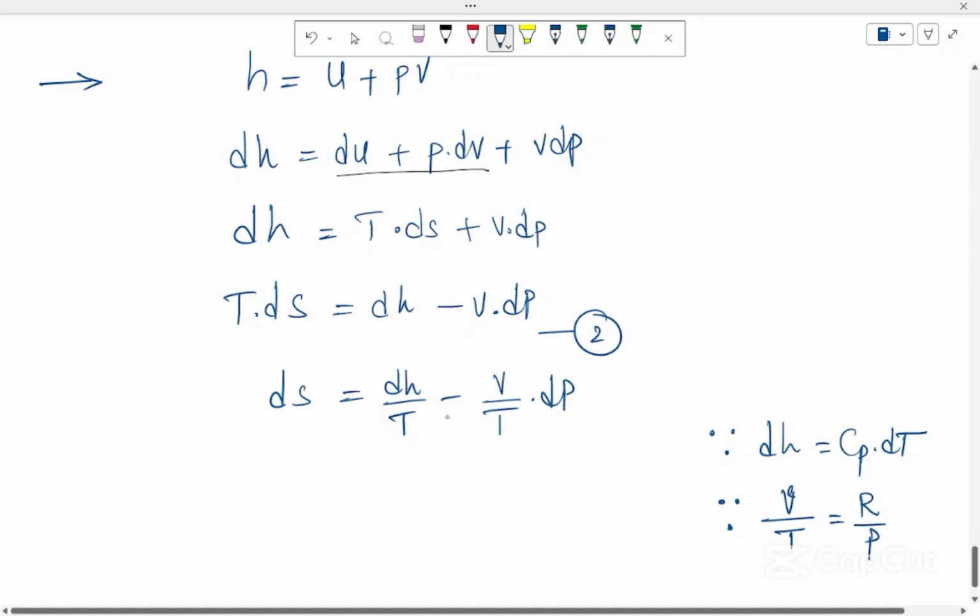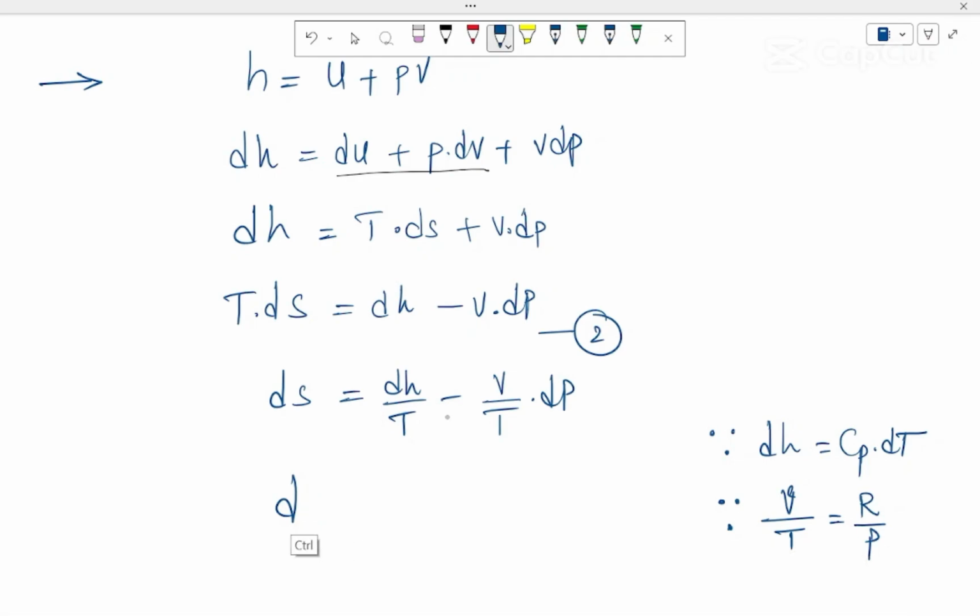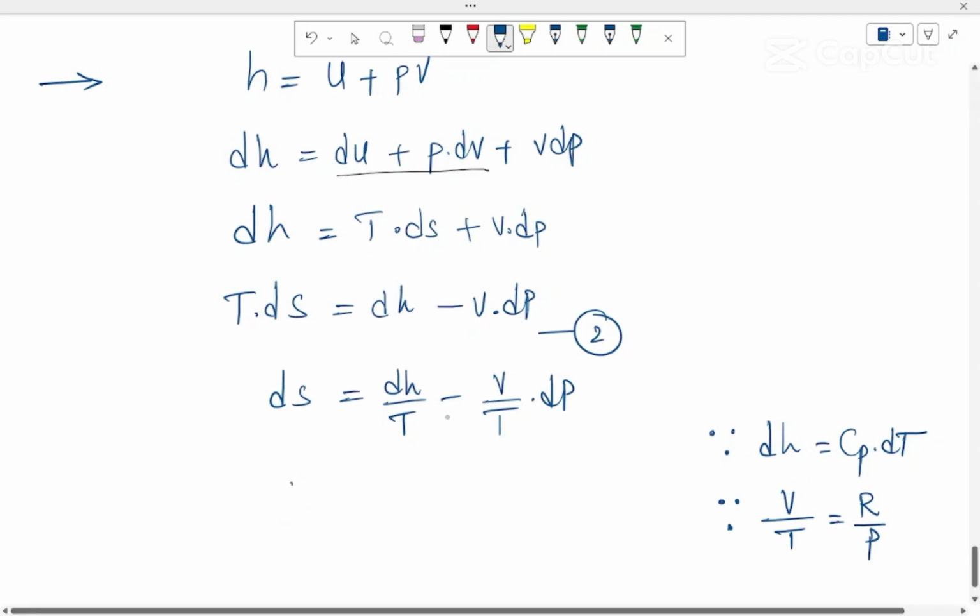So if I substitute that here, this ds will become something like... there is an issue again, I'm sorry for all that. So ds, I don't know what's happening here. ds is equal to the Cp dt